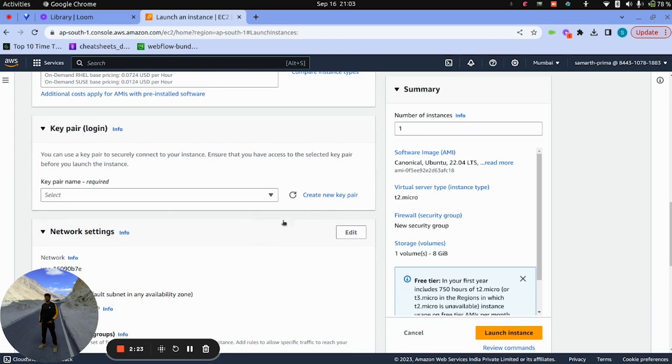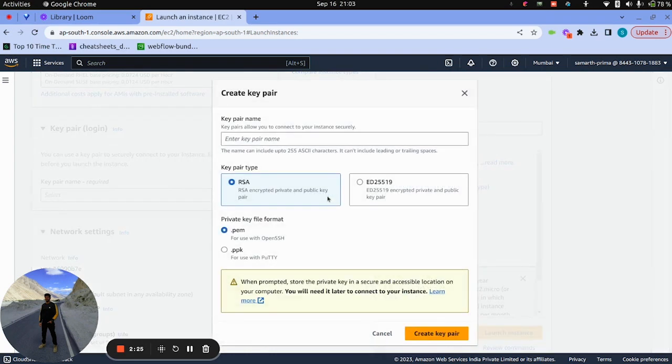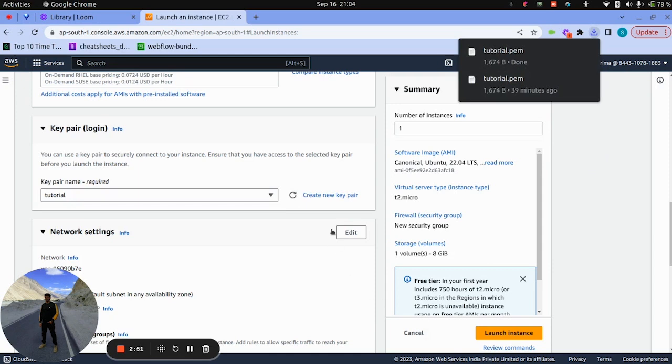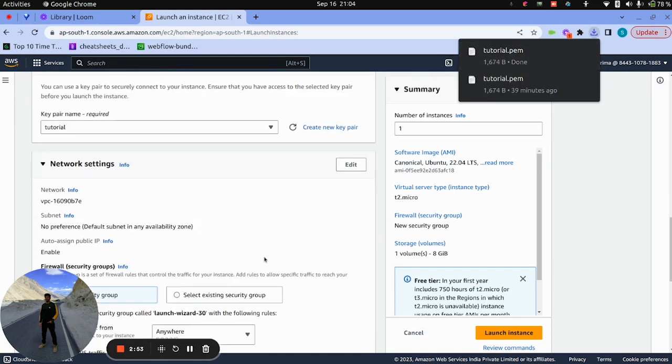Okay, now let me create a key pair. This key pair I'm going to use when we want to access this server using SSH. Okay, so now let's give the name as tutorial, RSA, .pem. Okay, so this tutorial file has been downloaded. Now